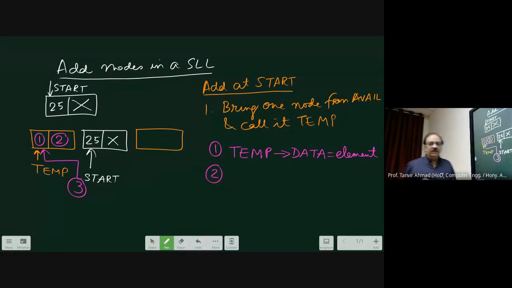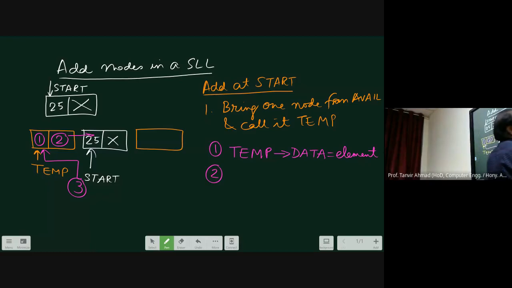Then the second one. Now you know that if I am going to use this, I have to make this one. I have to join this. Now, when I am going to do this, what is that part called? It is called temp of link.